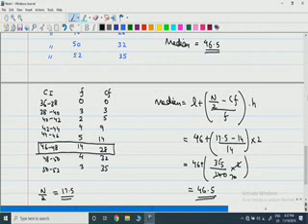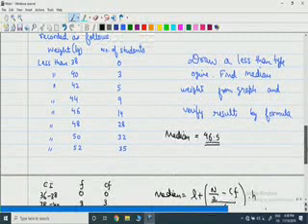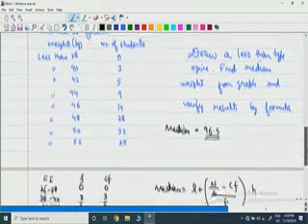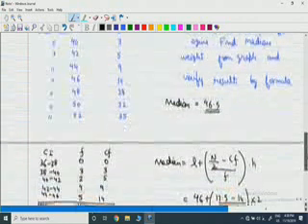Suppose we draw the same less than and more than on the same graph paper, how can we figure out the median? Like the less than cumulative frequency, less than and more than, if we draw, like let us say